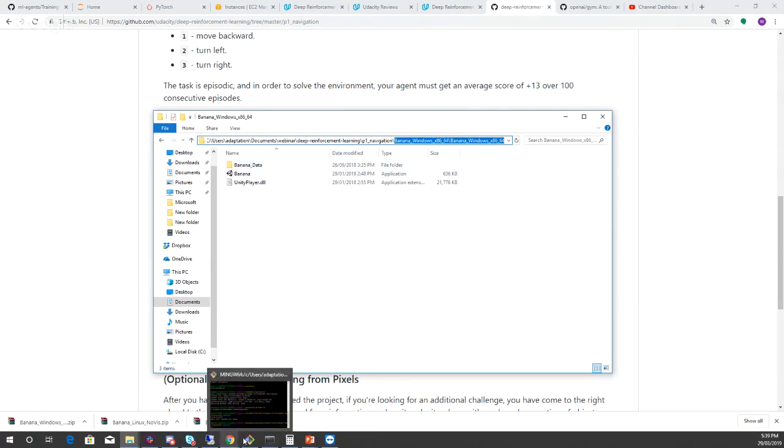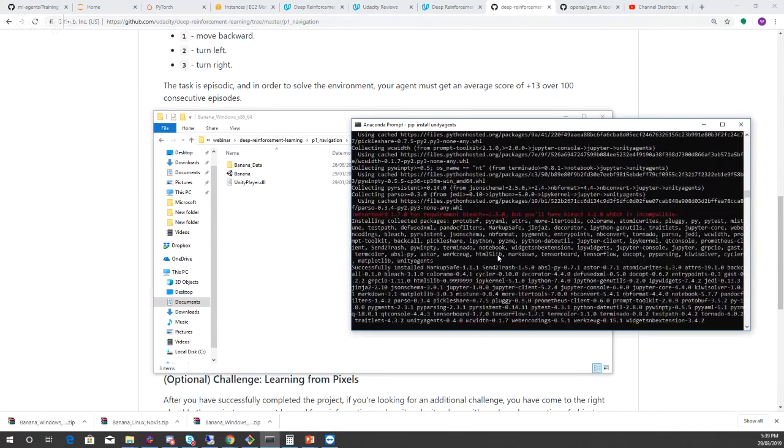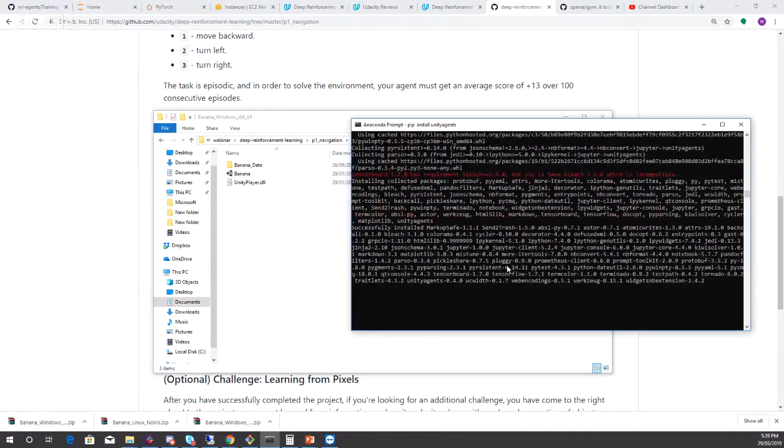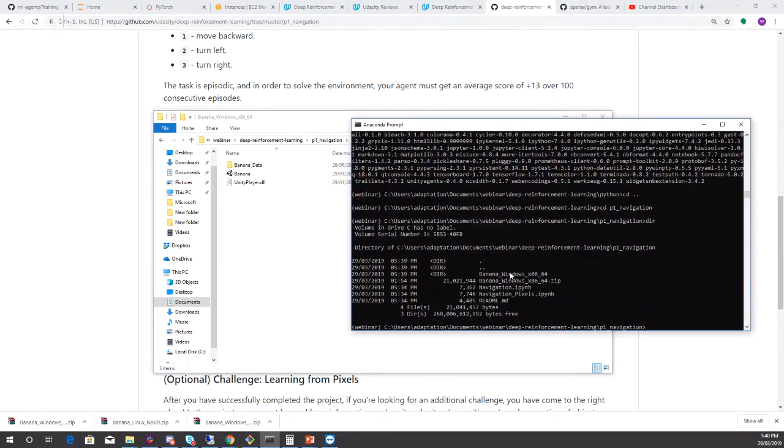Now let's have a look at our install. Still going, almost done. Cool, so done. So I'm going to go cd .. and then cd into the P1 location. You see everything in there. So we've put the main files in, we've unzipped them, and now we're going to just do a simple